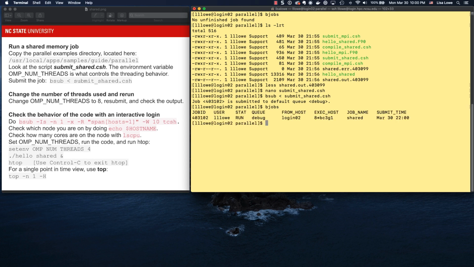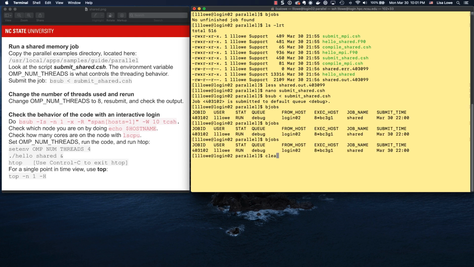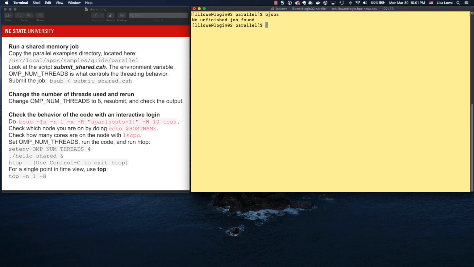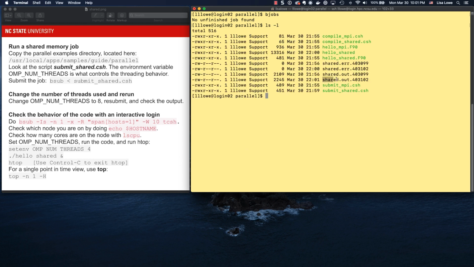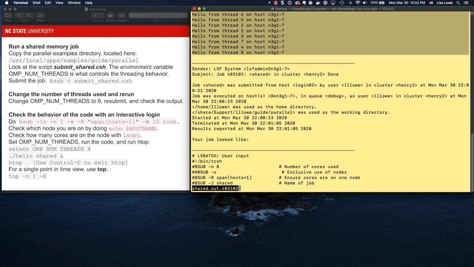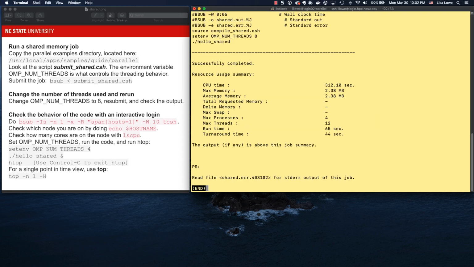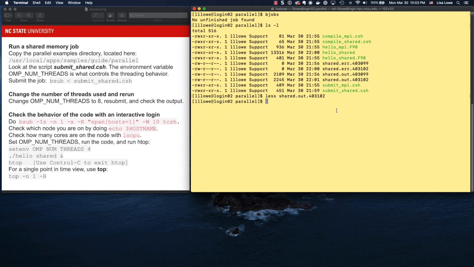The job is running, and now it's complete. Let's check the output again. I'll look at the latest LSF output. This time it used all 8 cores that we requested. It looks like we know what the code is doing from these initial tests, but let's confirm it with an